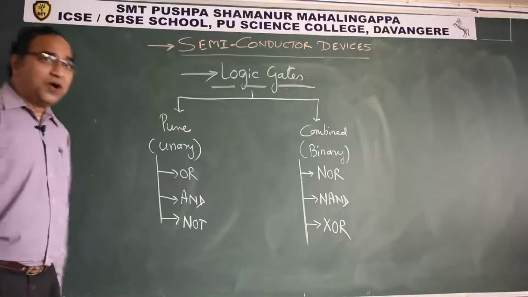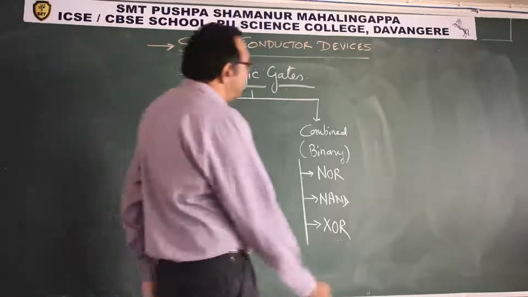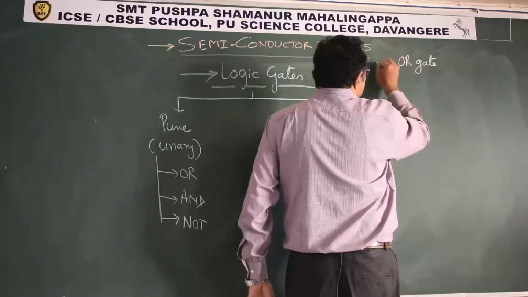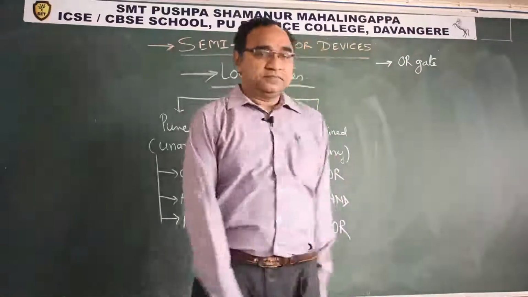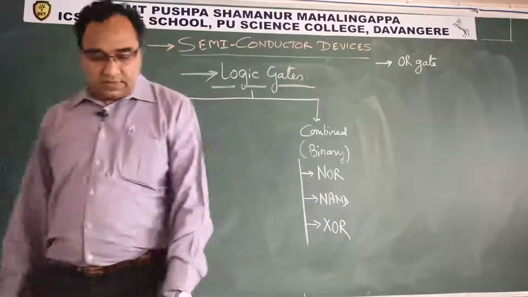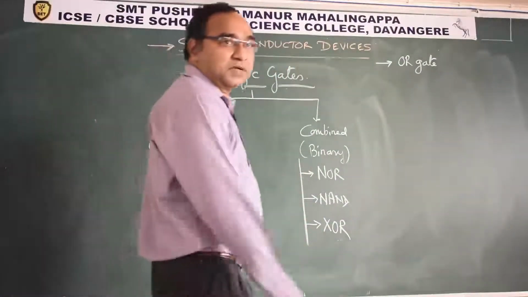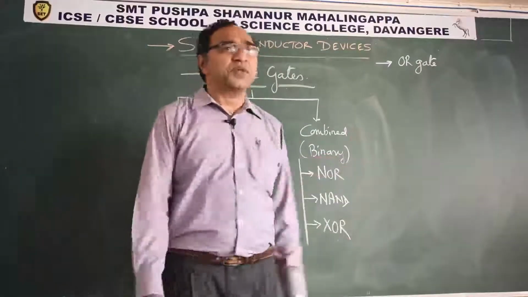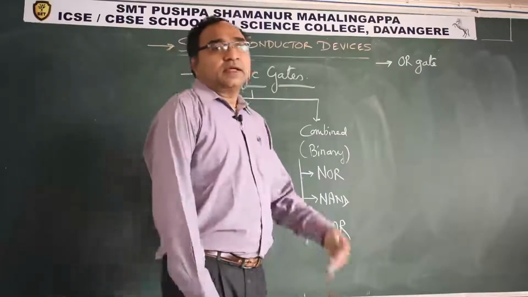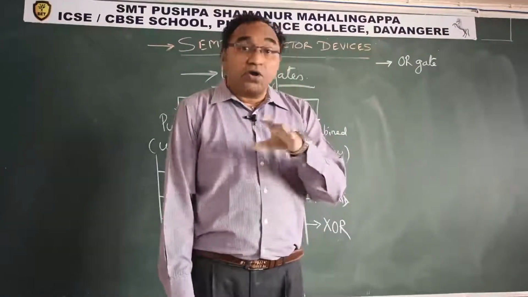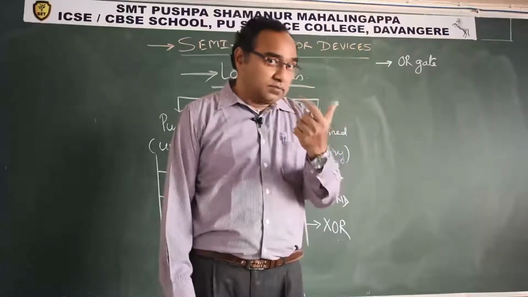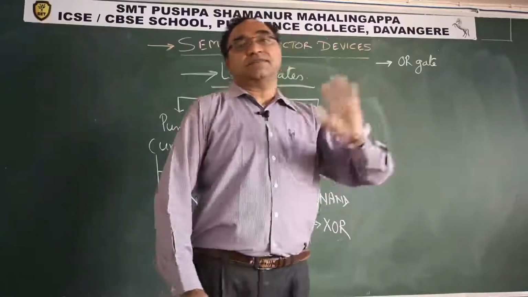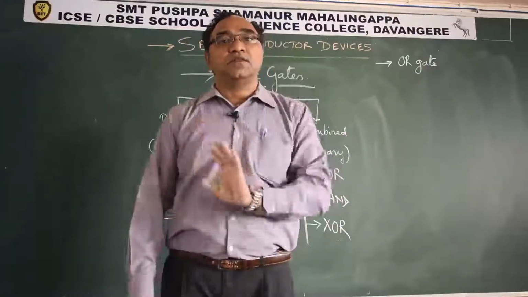Now let us see how each one works. What exactly is an OR gate? I think you have done something called Boolean algebra or Venn diagram, right? De Morgan's law. Different names we can give, it makes no difference. They are one and the same thing. OR gate, English meaning of OR, not Hindi or. OR means either this or this. Means anyone.